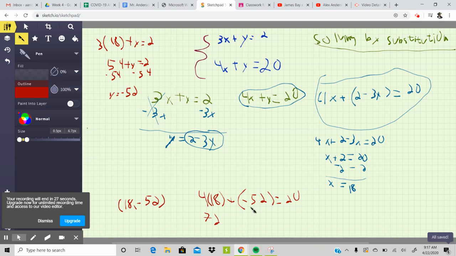Plus a negative 52 is just like minus 52, which hopefully equals 20. And if I go 72 minus 52, that is 20. So 20 equals 20. It checks out. So 18, negative 52 is my answer. And quickly, you could also plug it into that online graphing calculator Desmos, and